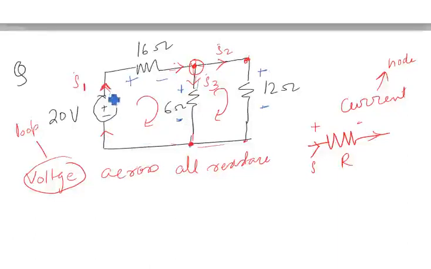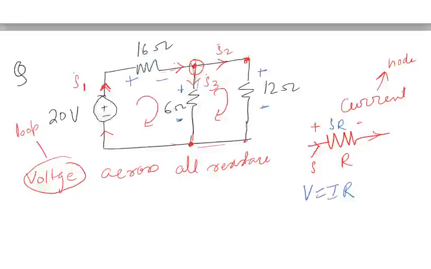So what is the voltage law? How are you defining voltage? V is equal to IR, I into R. So whenever current is entering a resistance, it will create a voltage drop, I into R, with a sign: this end positive and this end negative. This is a resistance in ohms. When you multiply it with a current, it will be a voltage.